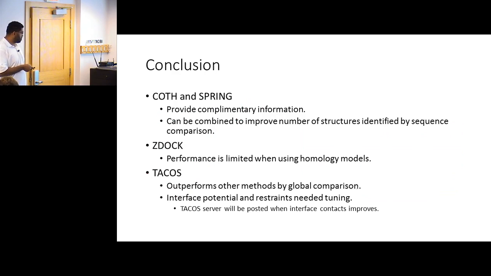And so ZDOCK is a really common program here, but its results are very limited when using homology models, and you pretty much won't beat them when they're using their own benchmark set. And so my program here that I'm still working on, the global similarity between our model and the native structure is usually better than the other ones, but the error is really in trying to combine the consensus restraints from the template.